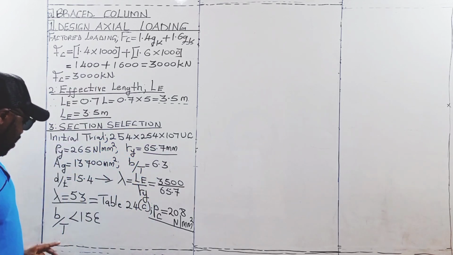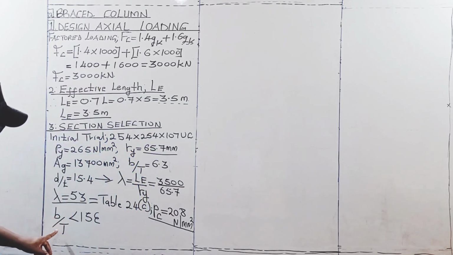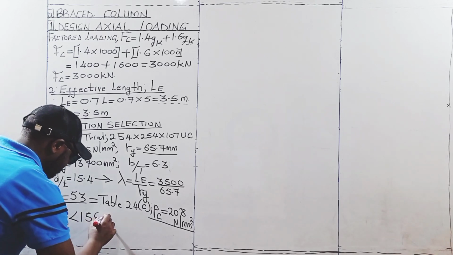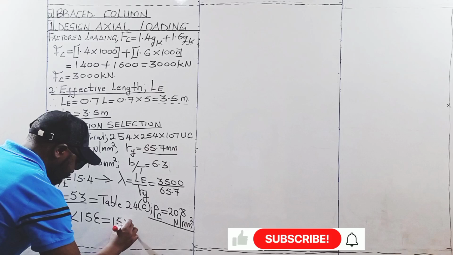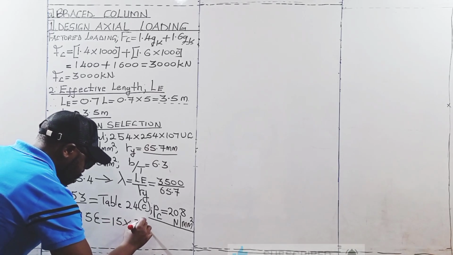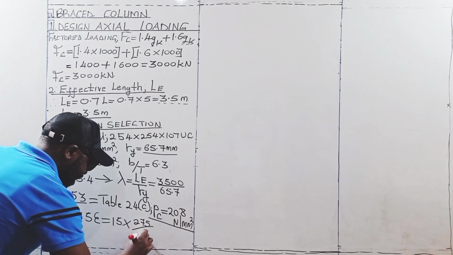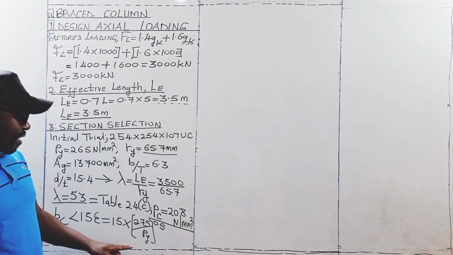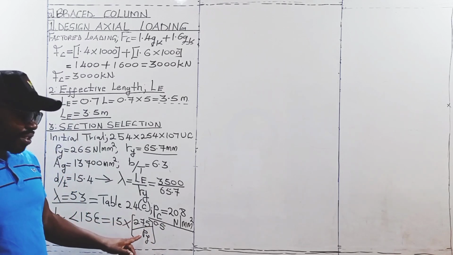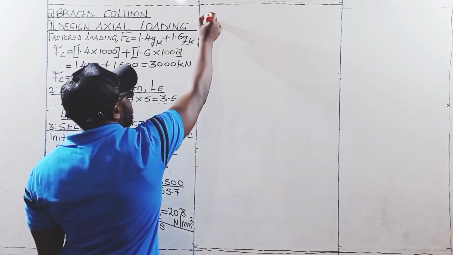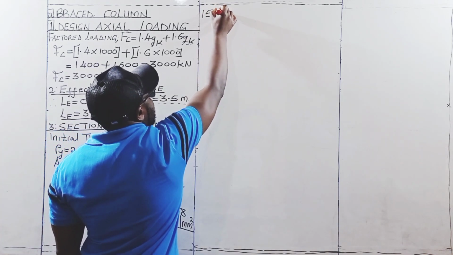And therefore, using this formula, B over T less than 15 times a constant E, and remember this constant is given by, so we are going to have 15 times, the constant is usually given by 275 divided by Py raised to the power of 0.5, or in other words, just calculating the square root of 275 divided by Py. And in this case, we are going to have 15 times